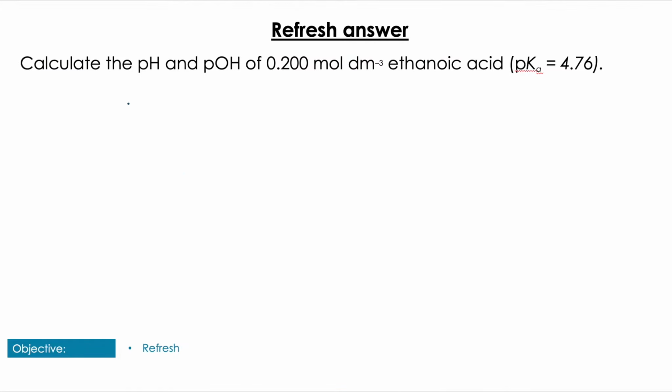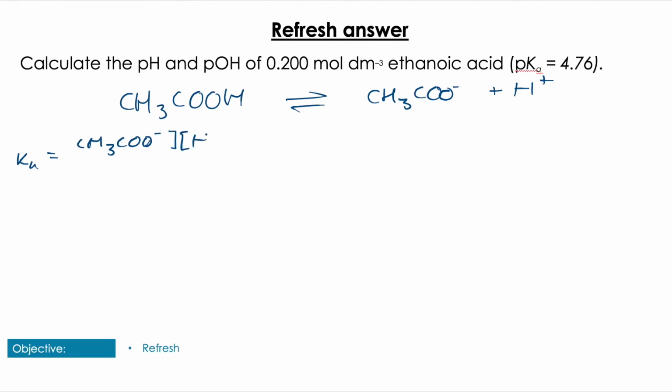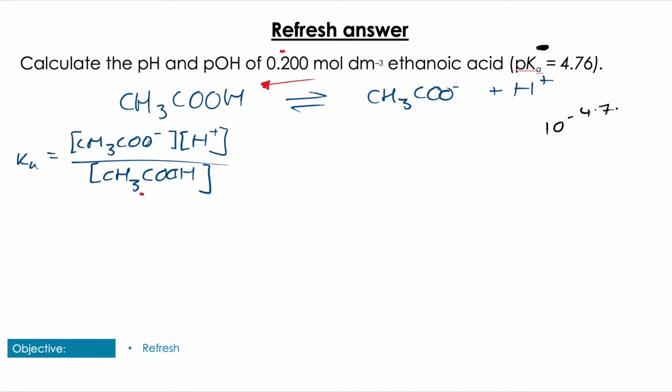Looking at our calculations then, just like we did in the previous video, we always want to write out our equation first and our expression for Ka. Then we just have to remember our assumption that the equilibrium lies over to the left-hand side, and because of that, the concentration given to us in the question is going to be that of our ethanoic acid, which is 0.2. They've given us the value of the pKa here, so remember if we want the Ka, then we're going to need 10 to the minus pKa,